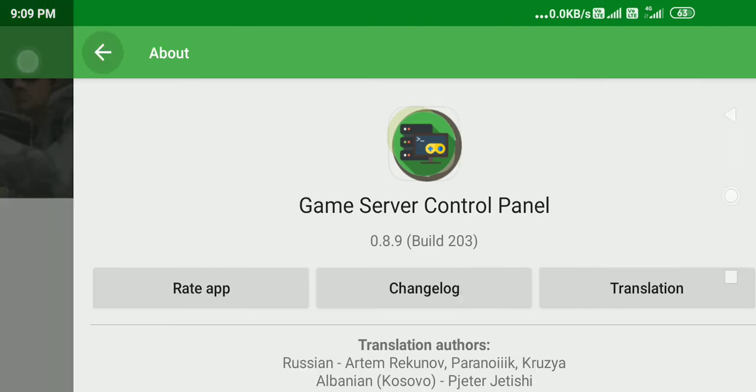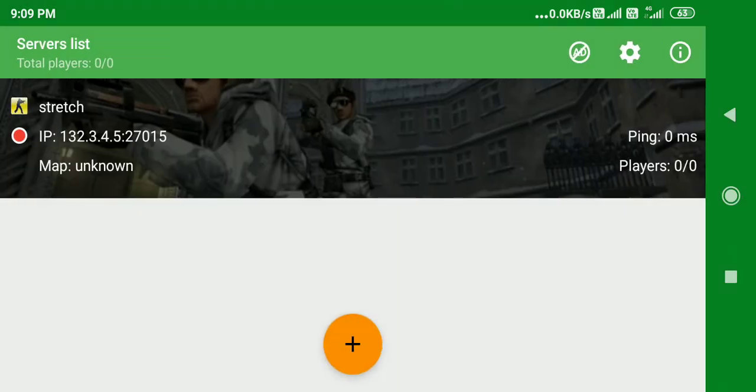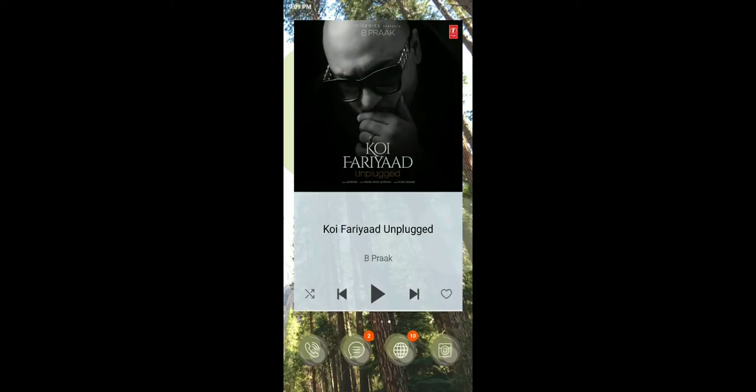Now, if you want to connect to that particular server, then you have to go out and then connect. This is called stretch. Now I go out and then I go to Google.